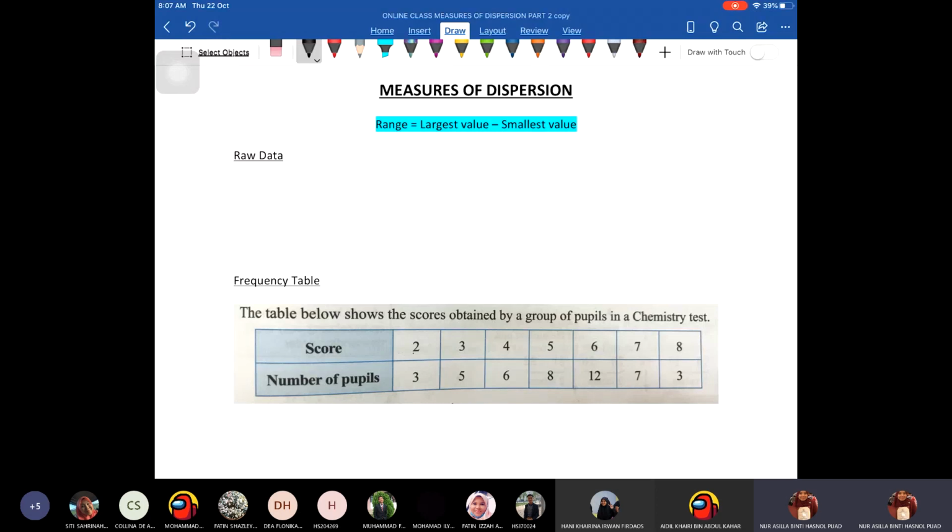Okay, range is simple. Dia nak cari range, you ambil largest value, tolak smallest value. It's as simple as that. Okay, so kalau saya, I always do comparison raw data and frequency table punya data. Raw data meaning macam biasalah kita tengok